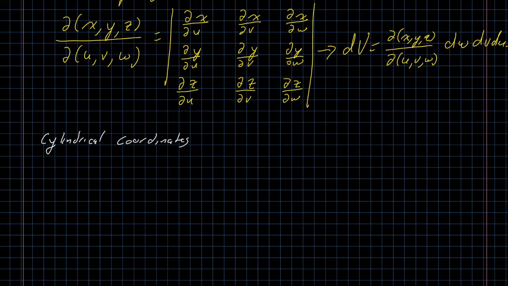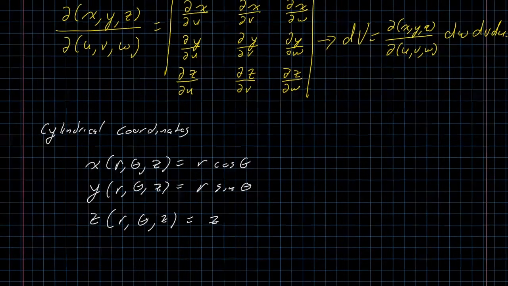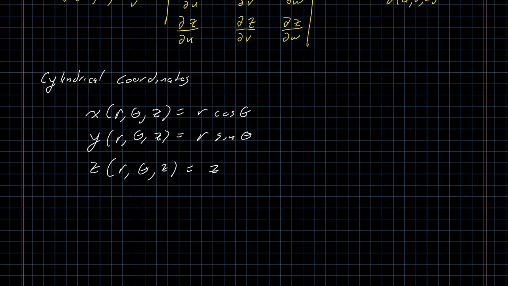In cylindrical coordinates, x of r, theta, and z is given as r times cosine of theta. Y of r, theta, and z is given as r sine theta. And z of r, theta, and z is just, well, z. Nothing too crazy happening there. And so my Jacobian, partial of x, y, and z over partial of r, theta, and z, is going to be